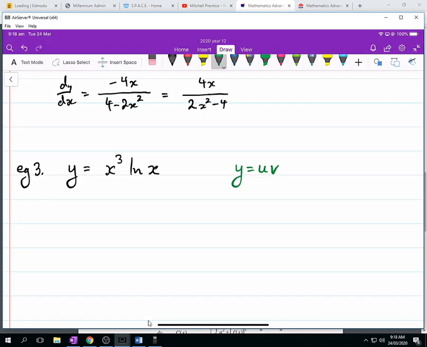But we've got this, and we know that u is equal to x cubed. So differentiating u with respect to x is 3x squared, and v is equal to ln x. So the derivative of v with respect to x is 1 over x,